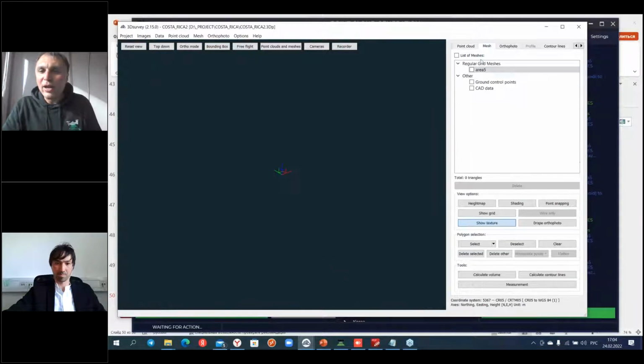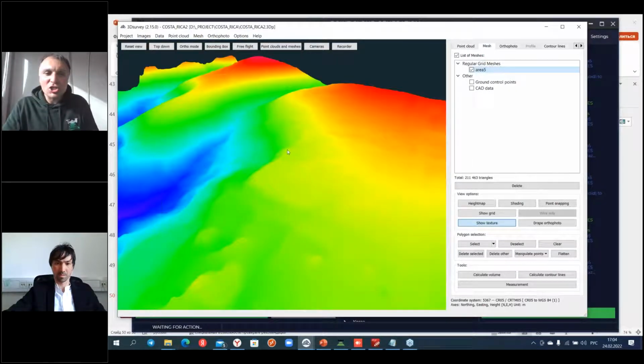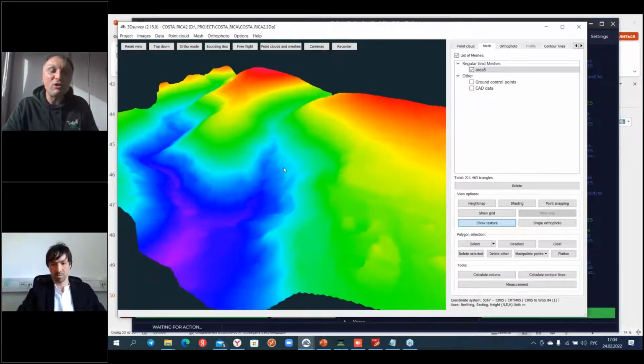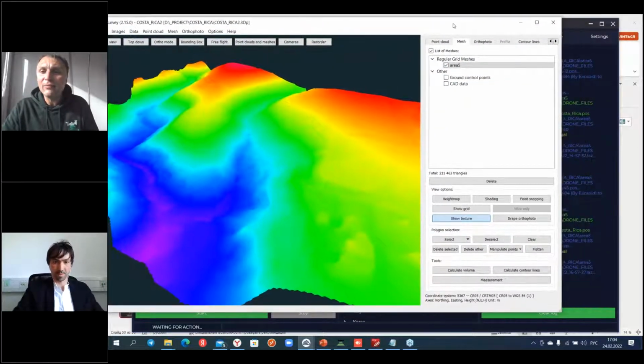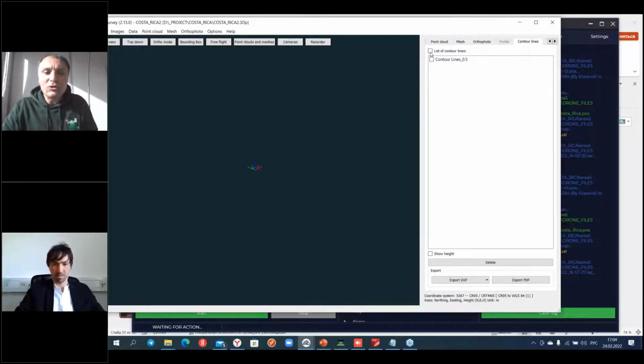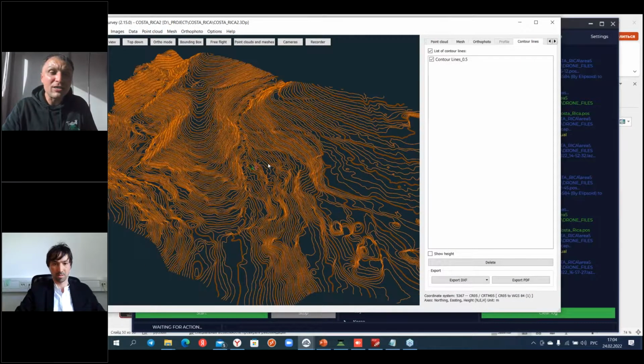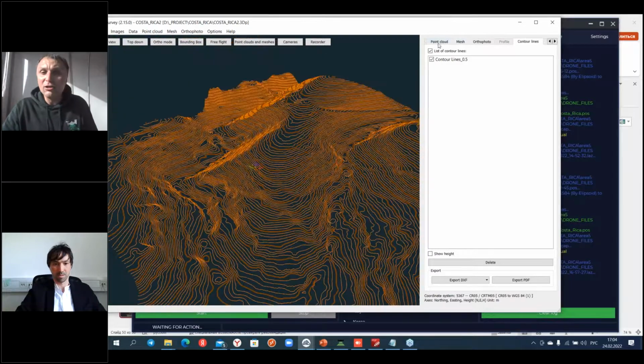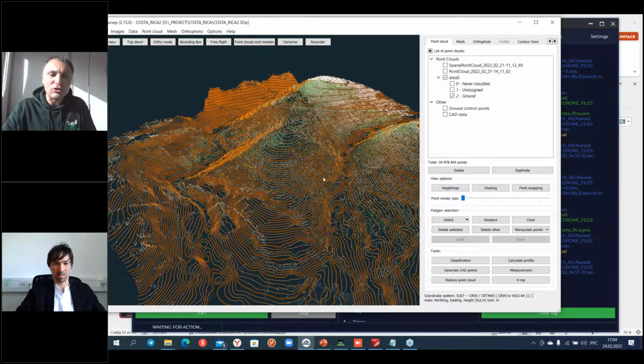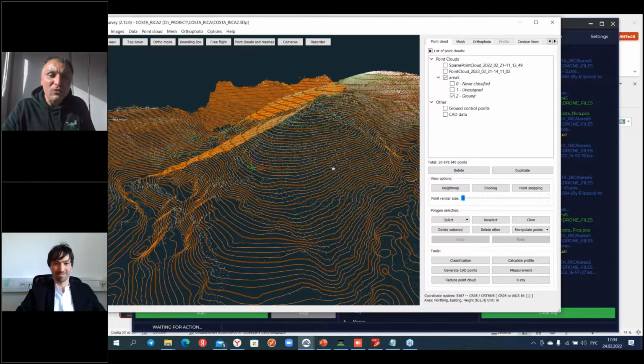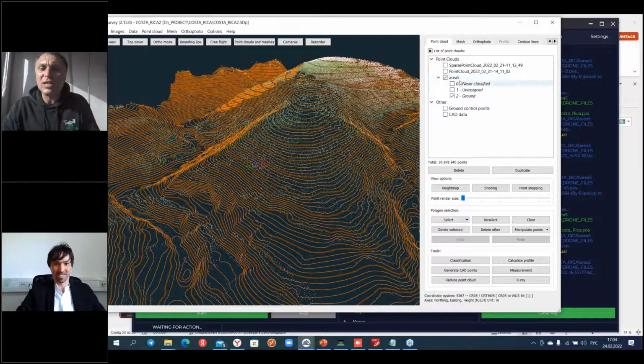Next step, I go to mesh, and I will create a mesh, and this one is a mesh which is based on LiDAR data. After that, I can create contour lines, and this one is the contour lines of this area. And have a look how beautiful these contour lines are, and how amazing it is to get such a point cloud